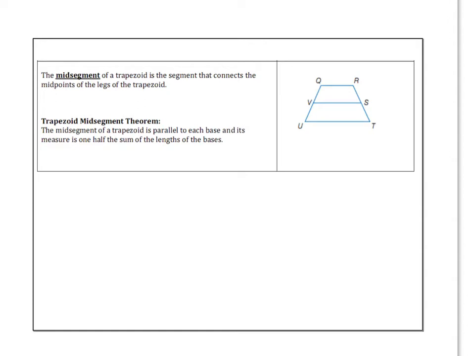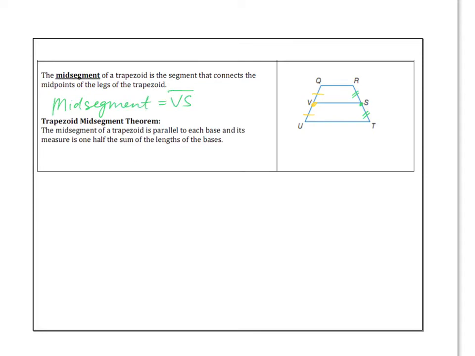Trapezoids can also have what's called a midsegment. The midsegment of a trapezoid is the segment that connects the midpoints of the legs of the trapezoid. So in other words, V is in the middle between Q and U, so these are the same length, and S is in the middle between R and T. It's a midpoint between R and T. And then that segment, VS, is called the midsegment. So let's just make a note of that. Midsegment